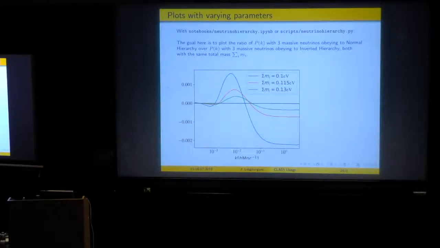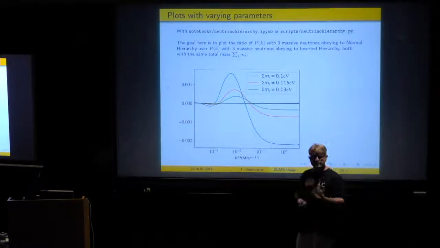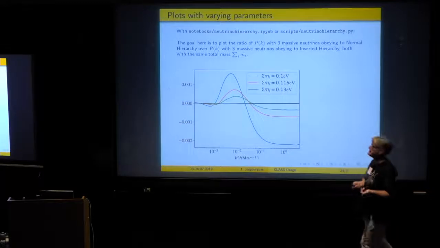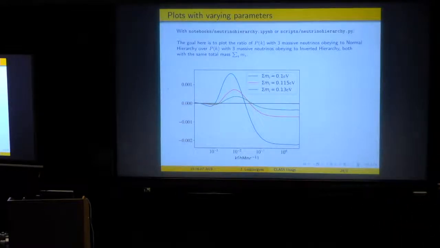Okay, here is another example of scripts. If you are fans of neutrino cosmology, you will find it nice. It shows the difference between the matter power spectrum. I see there is a missing label here. This should be the ratio of the matter power spectrum with massive neutrinos divided by the matter power spectrum with massless neutrinos. But each curve shows a difference